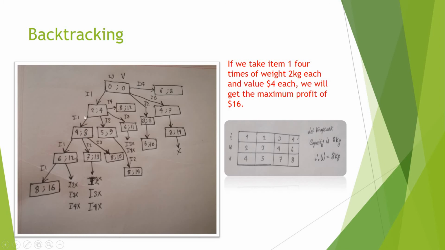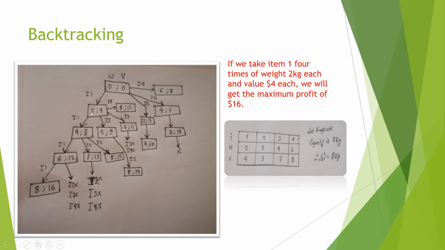If we consider this portion, we are taking the first item 1, then second item 1, then third item 1, then fourth item 1. So here we are filling up all these values. Now if we can take item 1, we can take item 4 also, right? If we are taking item 4 after item 1, we are getting the maximum weight capacity of 8. So here the value will be 12, so 4 plus 8 will be 12.